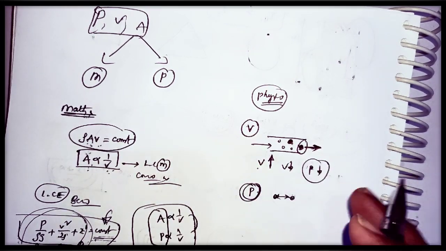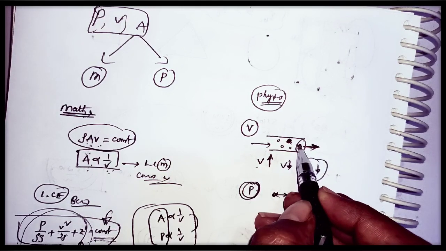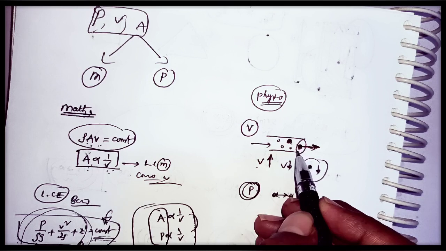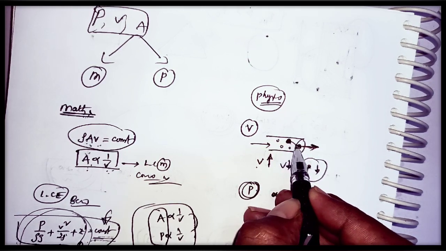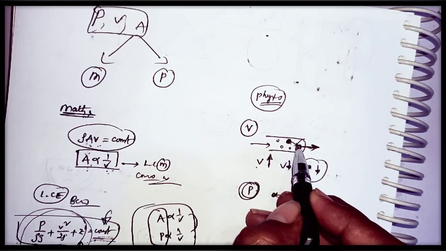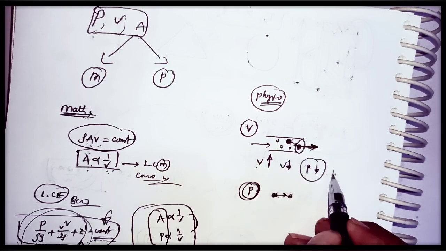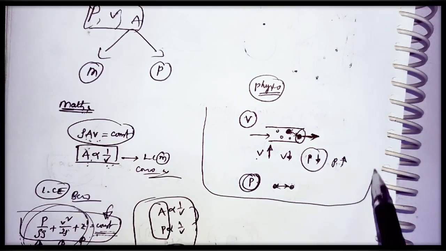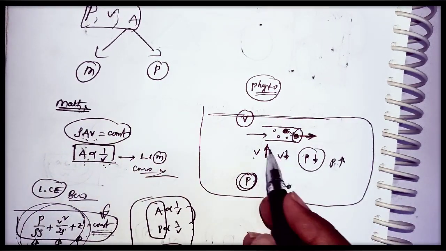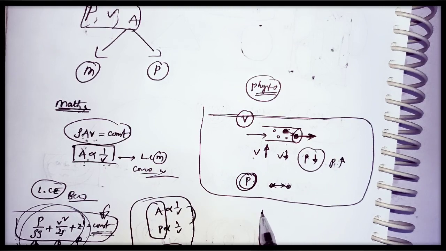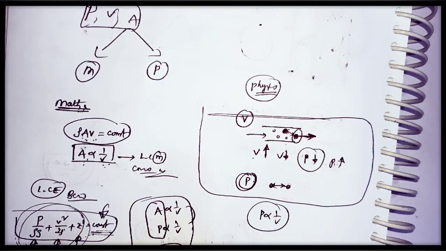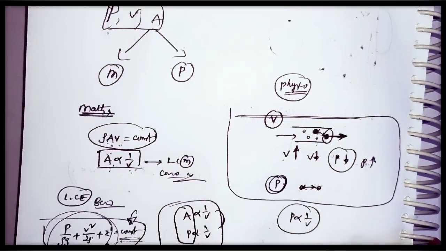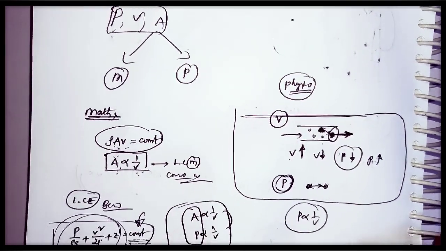Like this, the inverse relation also exists. If it is having very low velocity, it is moving very slowly, and the adjacent fluid particle will contact this one. As the distance between these two particles is very small, it is having very high pressure. Yes or no? This is the physical meaning, the physical relation between pressure and velocity. And in this physical relation also we say that pressure is inversely proportional to velocity. Like this we define the relationship between the pressure, the velocity and the cross-section area of the fluid particles.